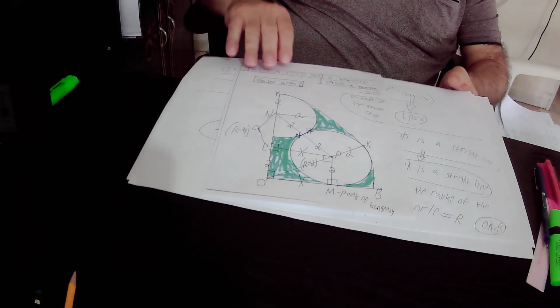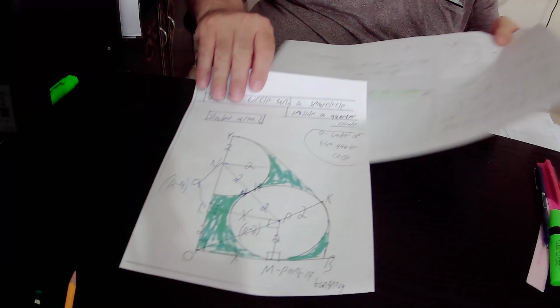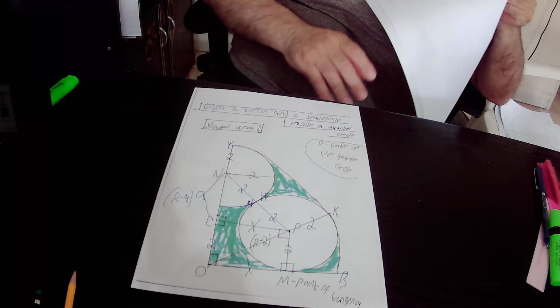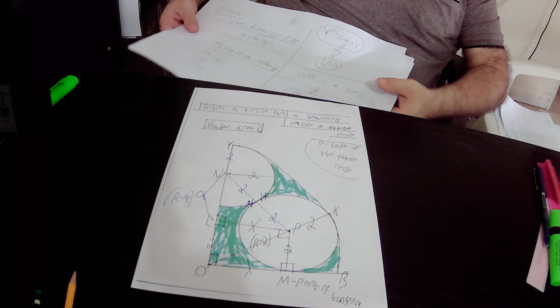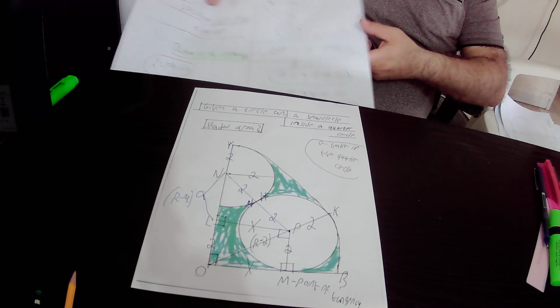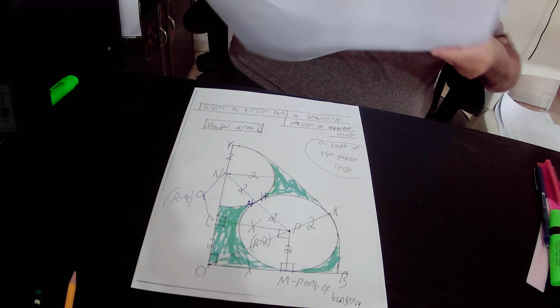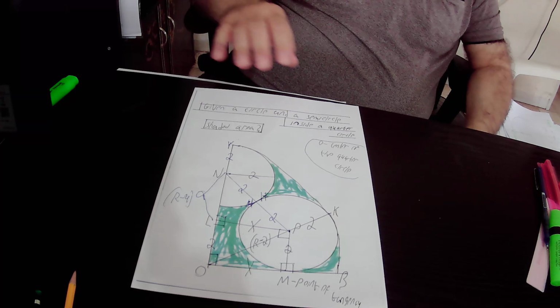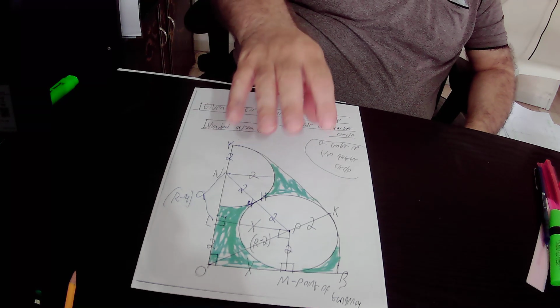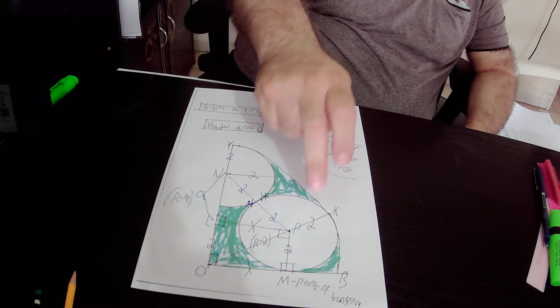So here I'll summarize the second question. In the drawing we have a quarter circle. Inside this quarter circle we have a circle